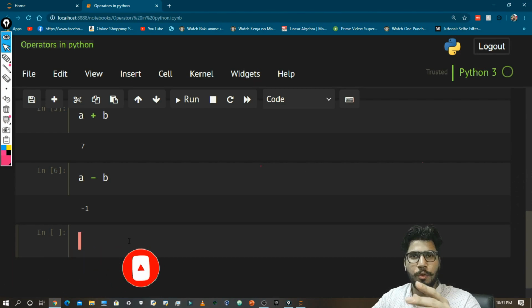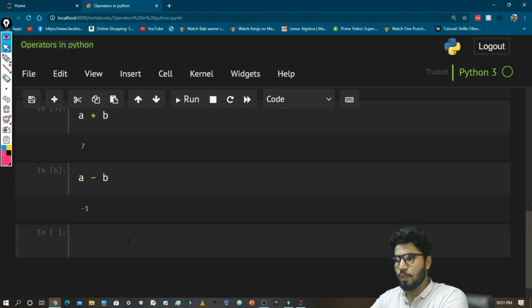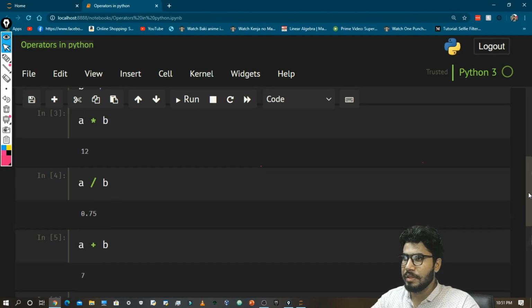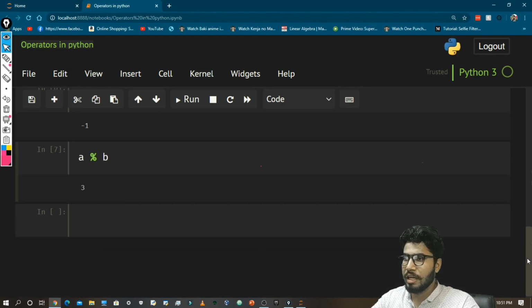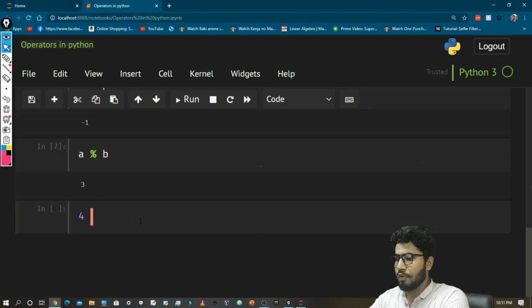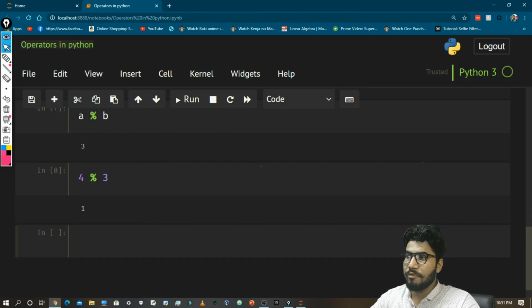But we talked about the modulus operator in the last video, so we will talk about it first. Here A modulus B, and it is 3. Let me see why the reason is 3. Okay, so A is equal to 3 and B is equal to 4. So what happens in the modulus operator? If you see 4 modulus 3, the answer would be 1 because it is the remainder. And when the number is small, like 3 modulus 4 or 3 modulus 10, the first number would be the answer because it is small and it is the remainder. So the answer is 3.